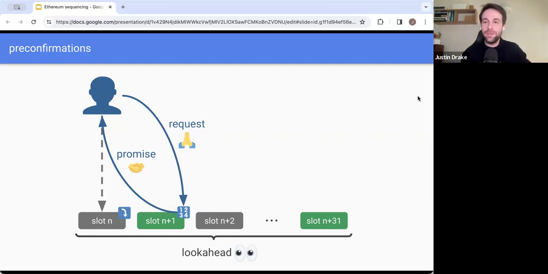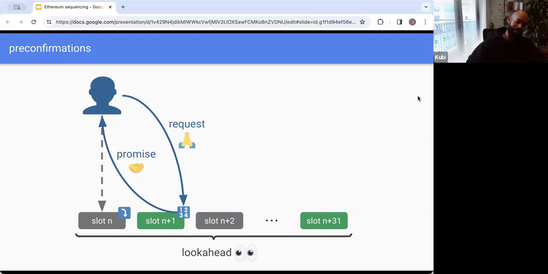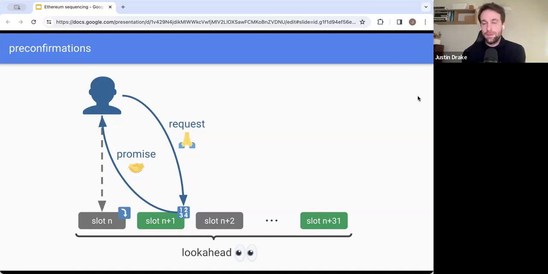But it could be a slightly weaker intent, like I want this price. Or one of the weakest intents could be I just want inclusion and I don't even want guaranteed execution. Okay. Yeah, because that has a significant impact on the sophistication of the preconfirmer. Yes, for sure. But all these different flavors of preconfirmations and intents are in some sense orthogonal to base sequencing specifically. It's more just a rabbit hole within preconfirmations.